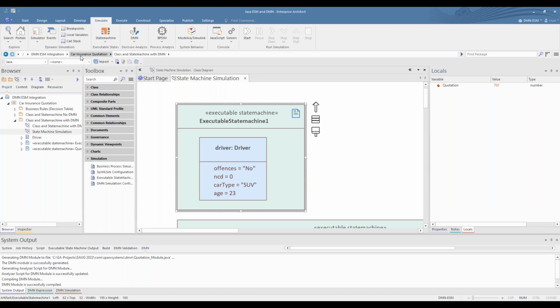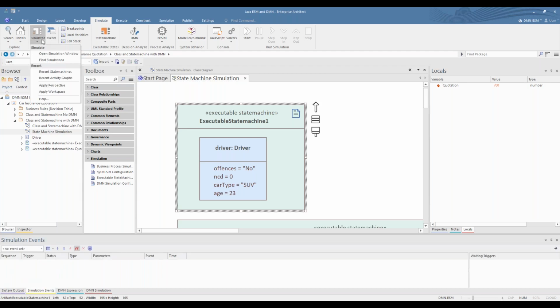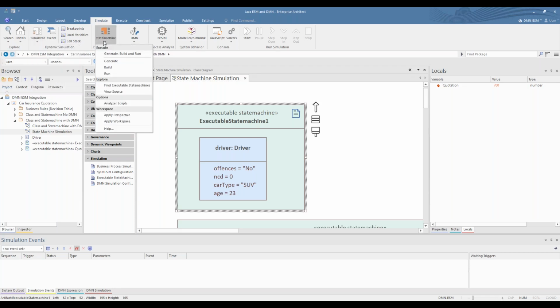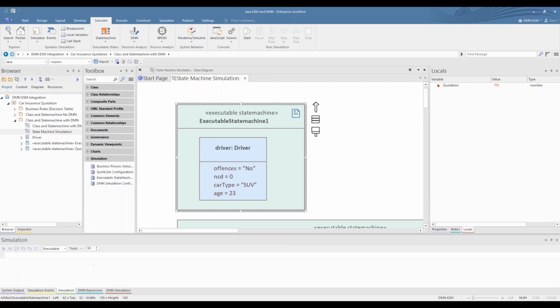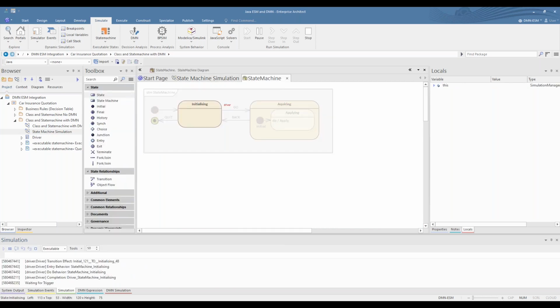Then we open up the events window and the simulate, go to simulation and state machine, and then say generate, build, and run. Or if you've already generated the code, you can just skip to run. And the state machine begins to execute.